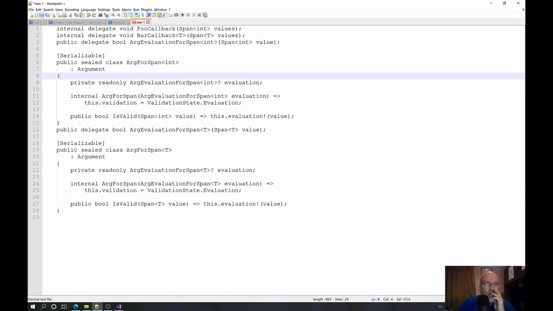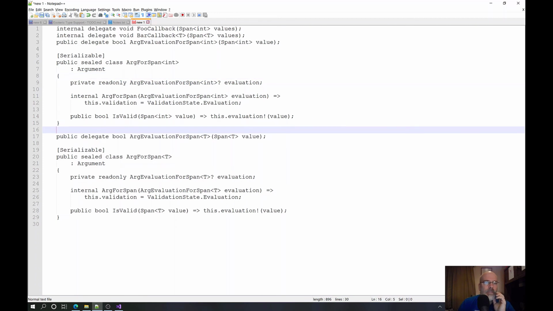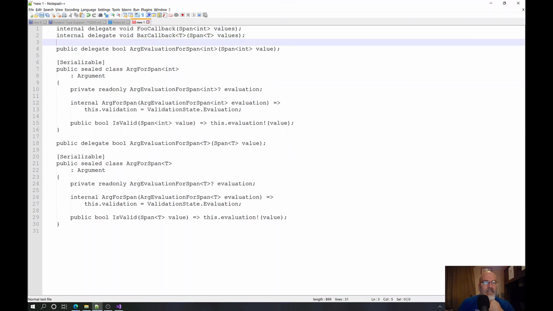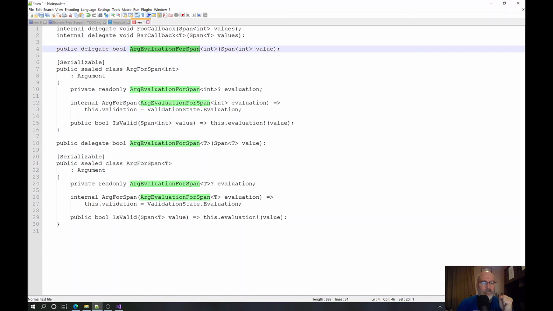But in this case, oh, sorry. There it is. It was hiding because I don't have my spacing. Yeah, this is for this, and then there's one created for that. This one's actually correct. So when it is a generic, it's doing the right thing. It's when it's closed that I needed to actually say like arg for span of int, or however I'm doing it. Use the flatten name. The same thing for, like, this is fine and this is fine. Those are fine. This one though, that name.